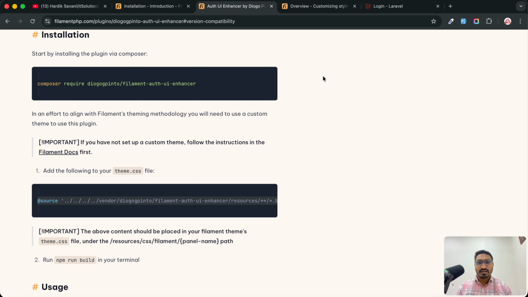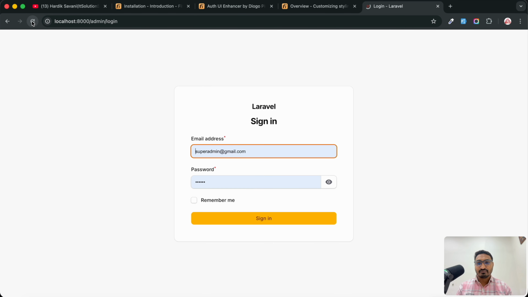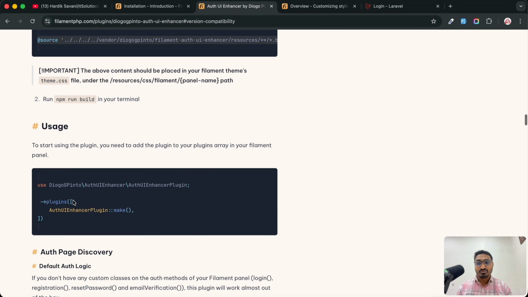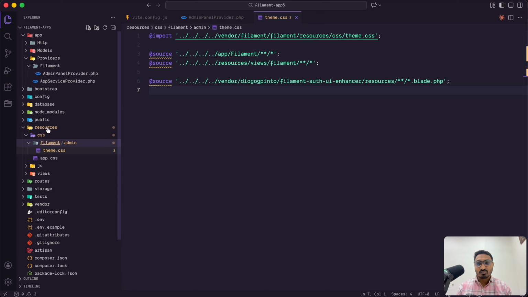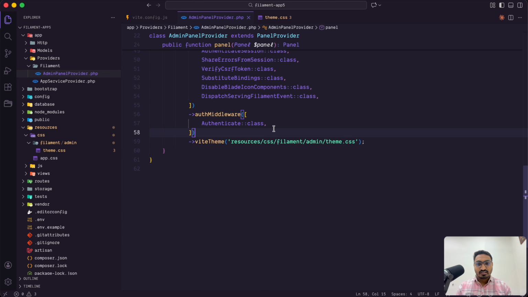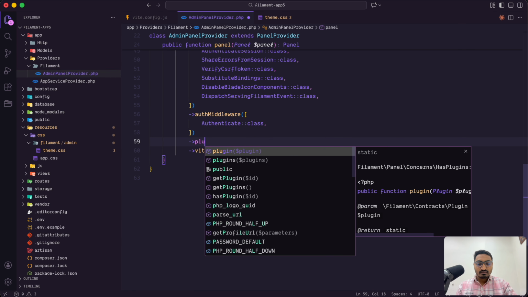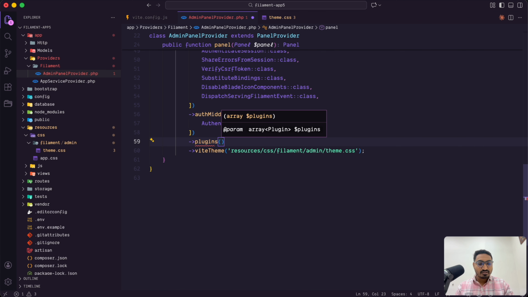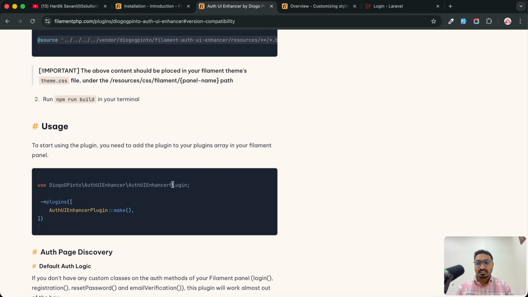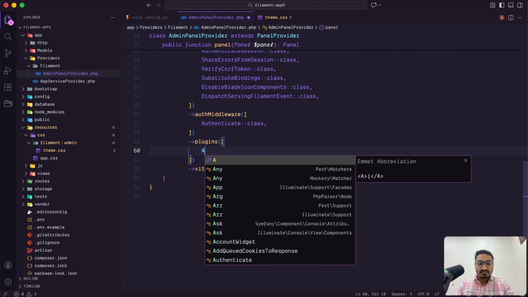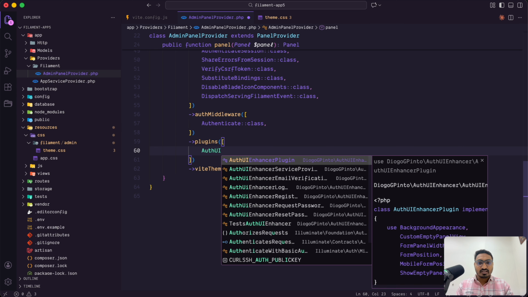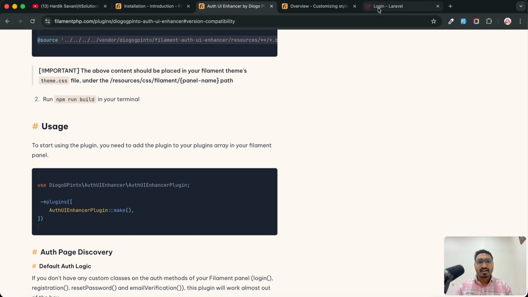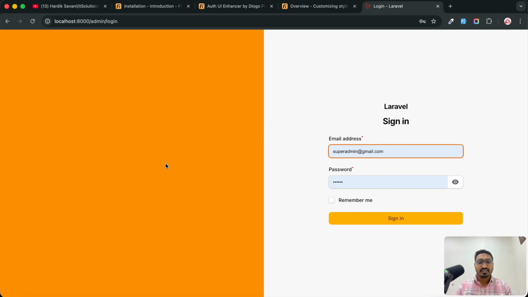Okay, so let me go back over here, and if I hit refresh, it's nothing. Why? Because we forgot to use that plugin. So let me go to the admin panel provider, and here I will call plugins. As an array we need to pass the plugin names, Auth UI Enhancer Plugin Make, like this. Let me go back over here, and if I hit refresh, and now you can see that